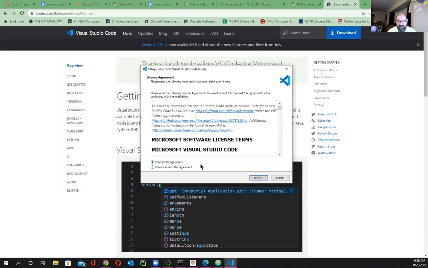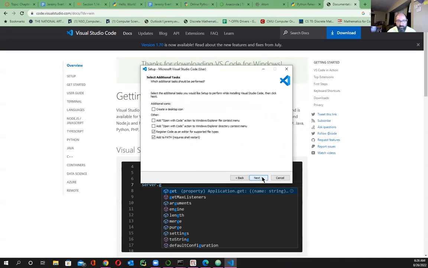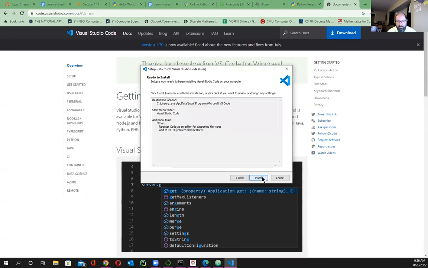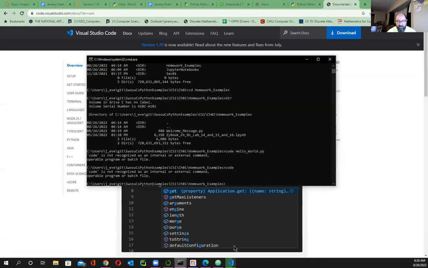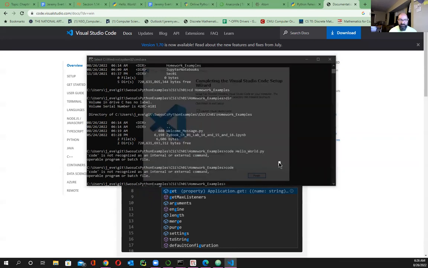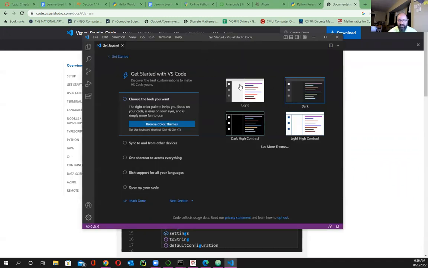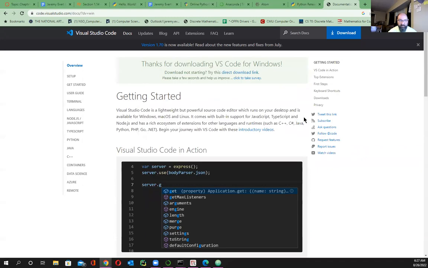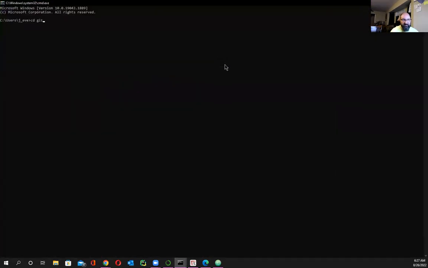Okay, so you've got the user agreements. You can either accept the user agreements or not have access to it. And I didn't have any reason to change any of those, so I just left them alone. All right, I'm going to exit. Oh, I'll click on finish. This is what Visual Studio Code should look like when it starts up. I'm going to open up a new command prompt and